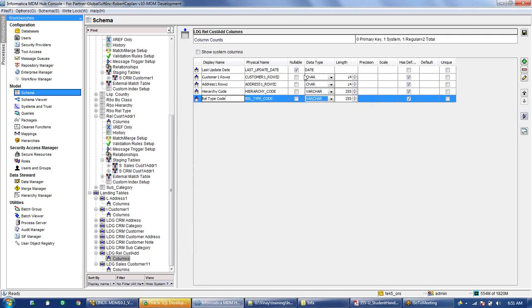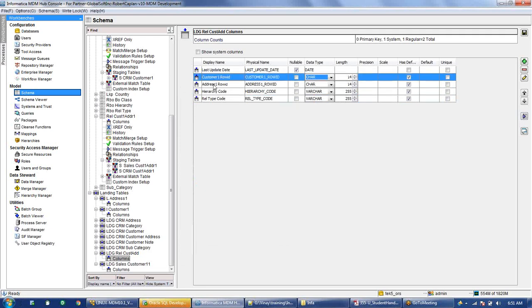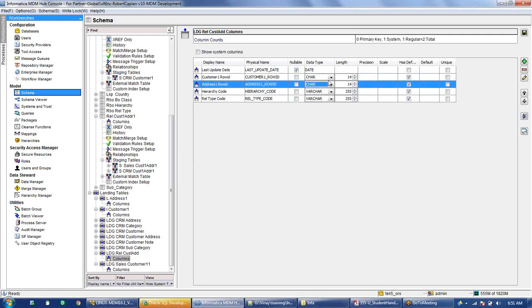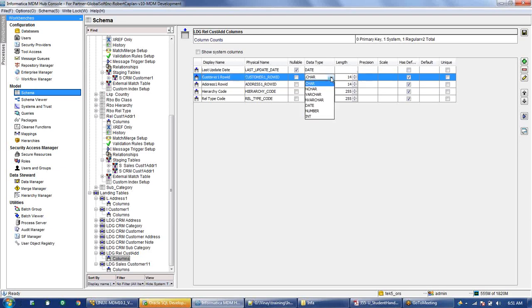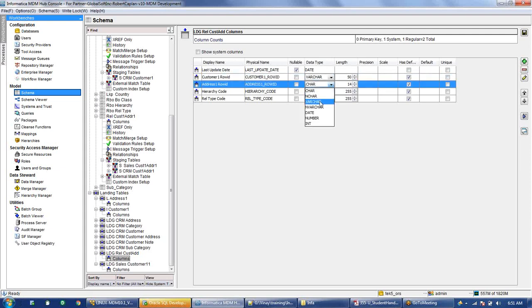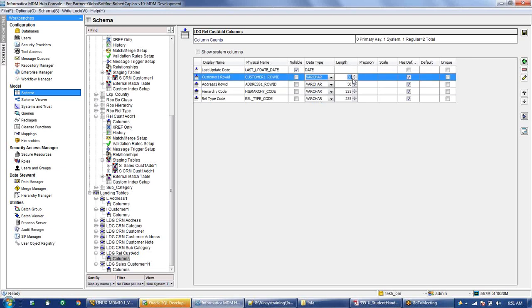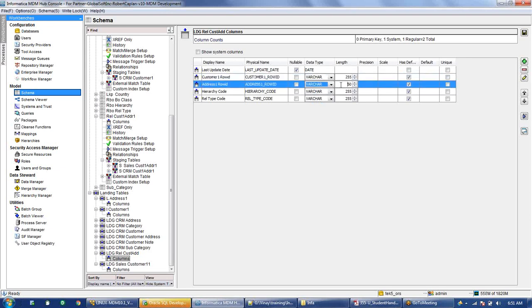So I have imported all the columns, and as you know, the customer row ID and the address row ID are character 14 in the base object, but when you come to the staging table and landing table, you will have to make this varchar 255 characters, because again we pass the PK source object value, and PK source object is 255 characters.